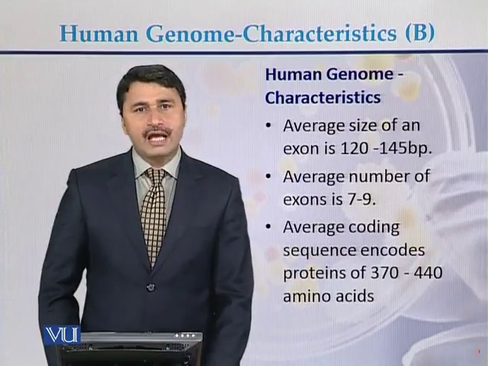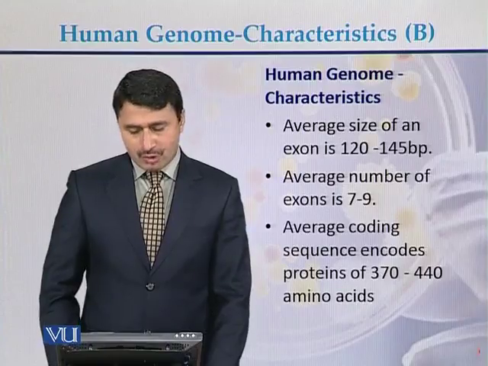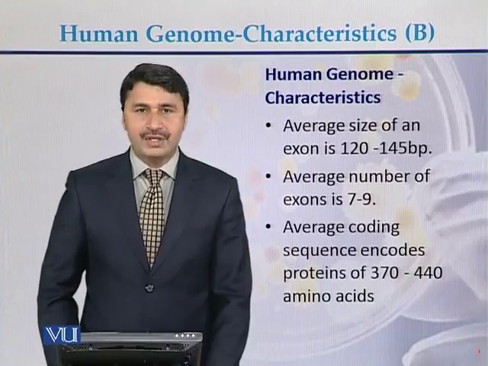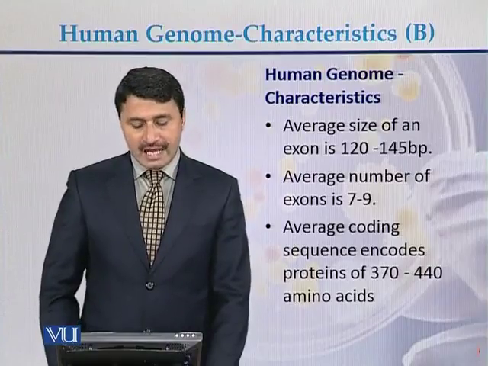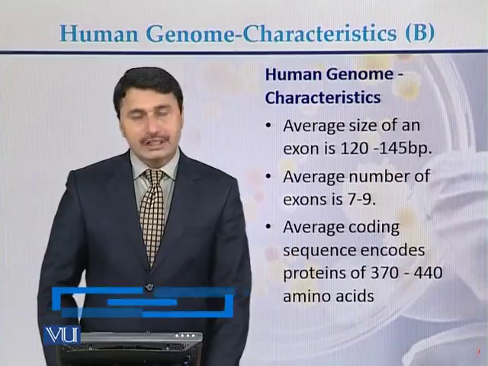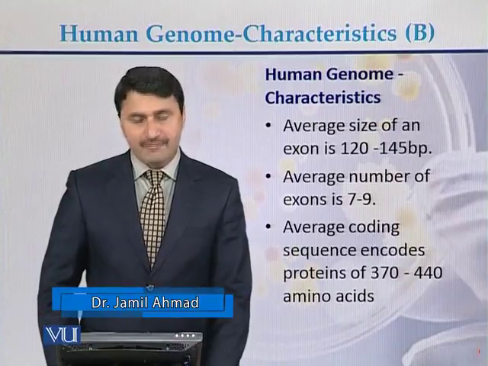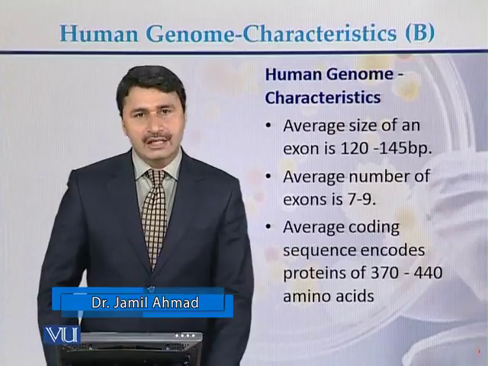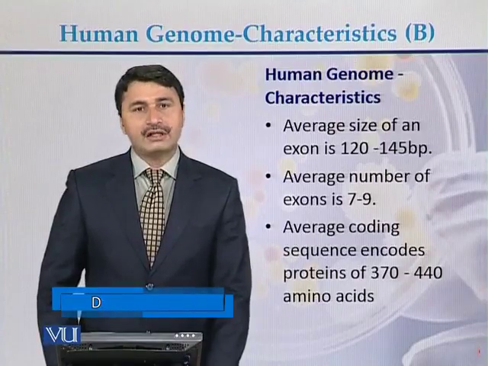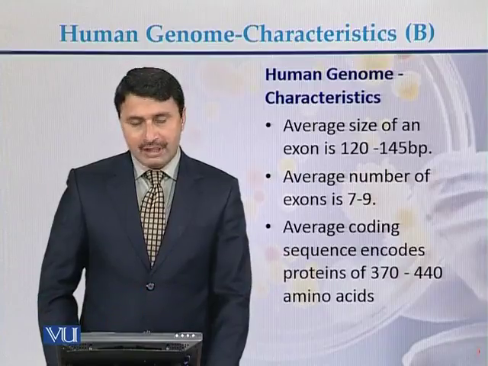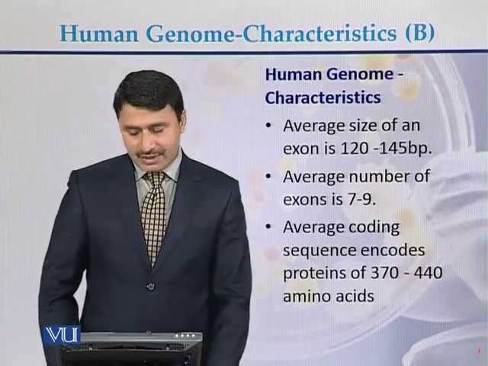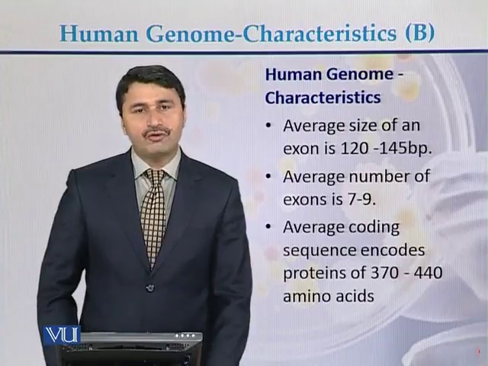The average size of the exon in case of human genome is between 120 up to 145 base pair, while the average number of exons in each gene in case of human genome is somewhere between 7 to 9 exons. The average coding sequence that consists of the proteins, the number of amino acids can be between 370 up to 440